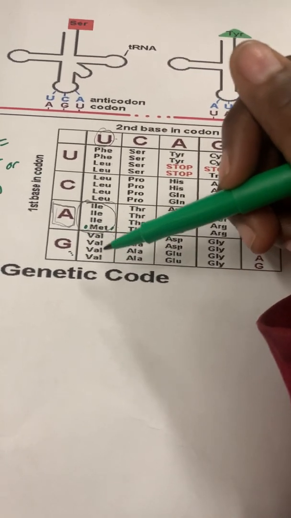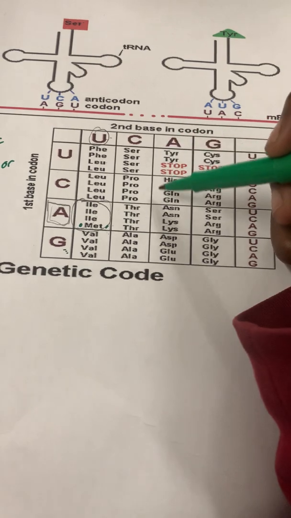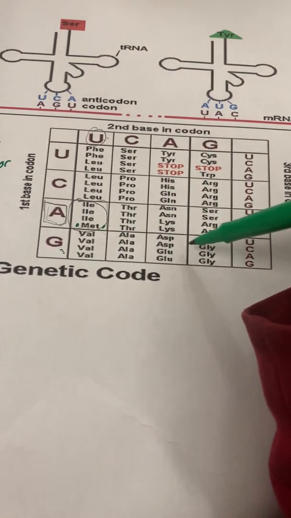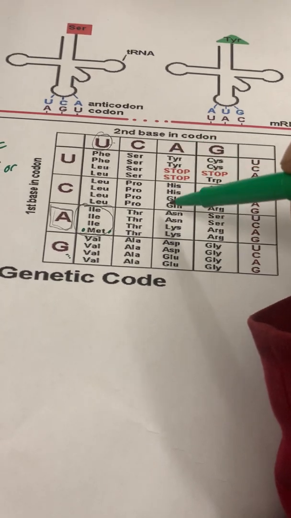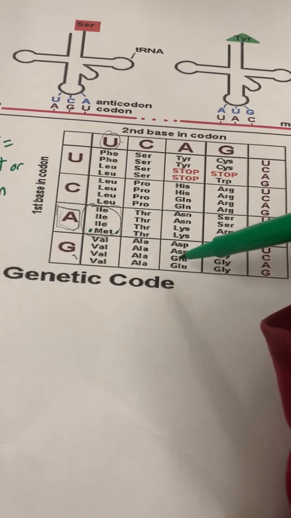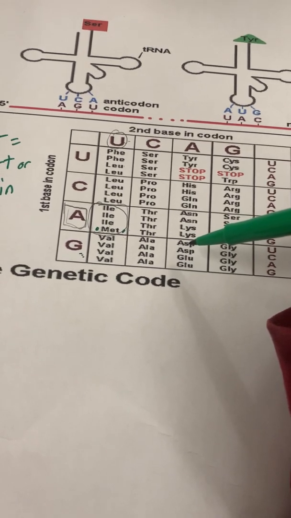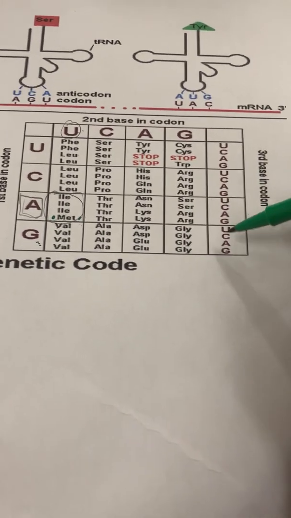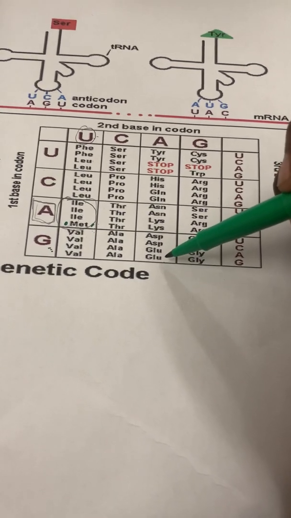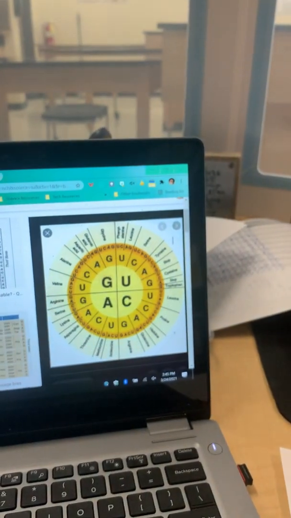Second base, A over here. So now G, I'm looking at this entire row down here. Second letter A, so now I'm looking at the third block in the last row. So G, A, and the last letter is G. Here it is. So that is going to be GLU. All right, and GLU stands for